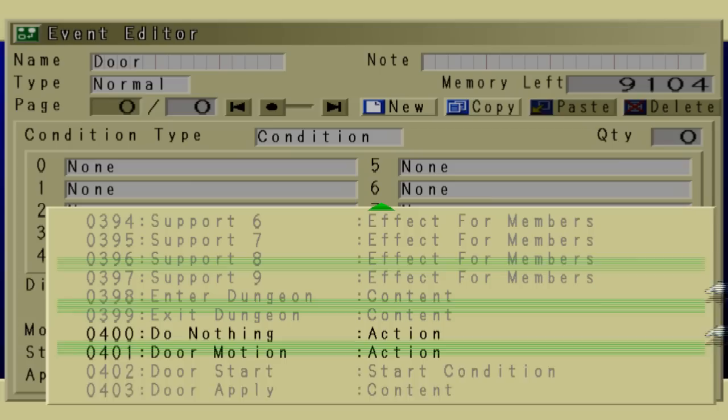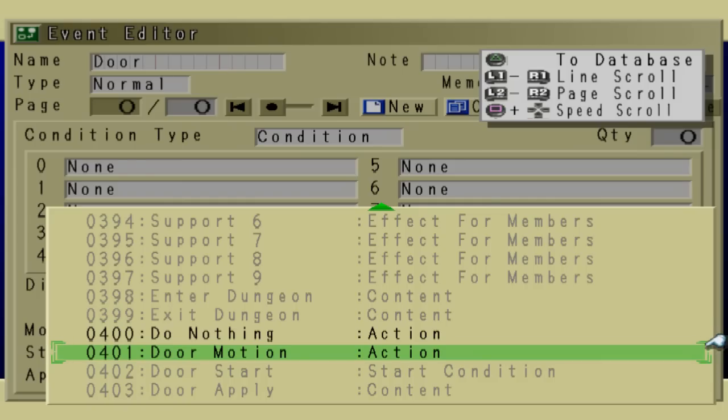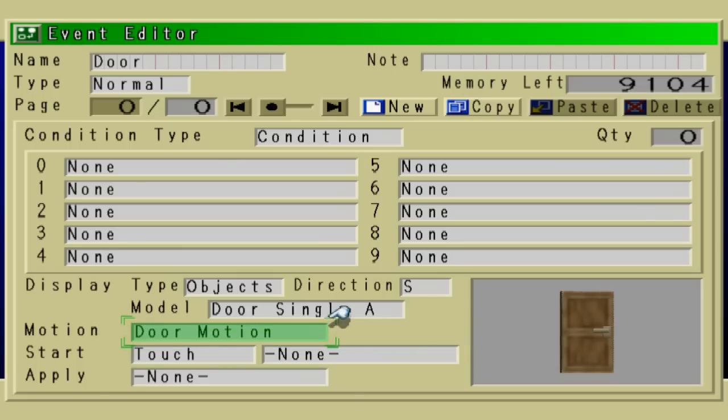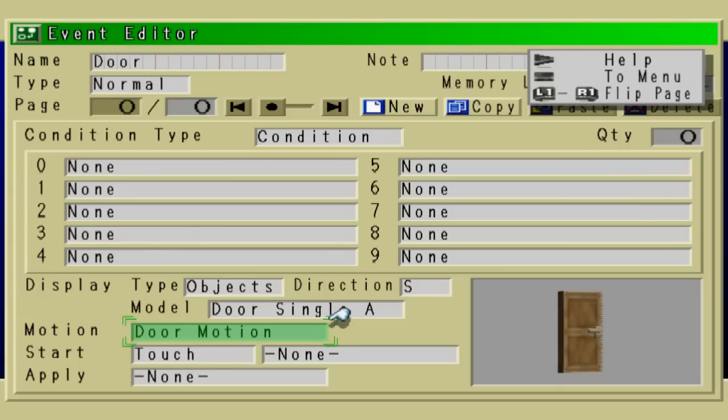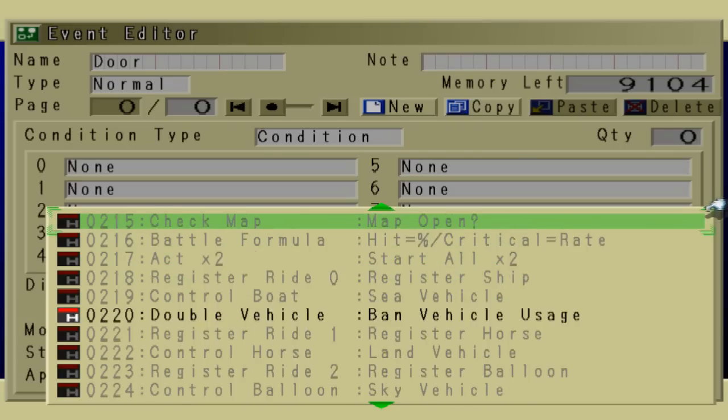So the motion of the door, here it is, door motion action. The motion of the door is going to be nothing. Like the door is just gonna sit there without doing anything. So that's the motion. Again, if we didn't have that script, the door would be opening and closing constantly, like it's gonna be looping. The start condition is going to be touch, so when you touch the door, something will happen. And the script, right here where it says none, we are going to choose the script that we had created called